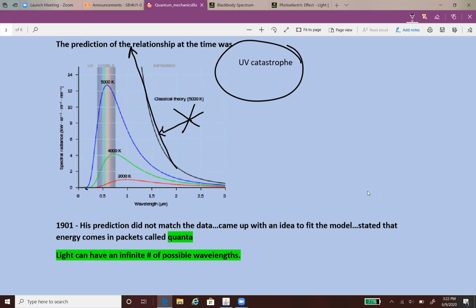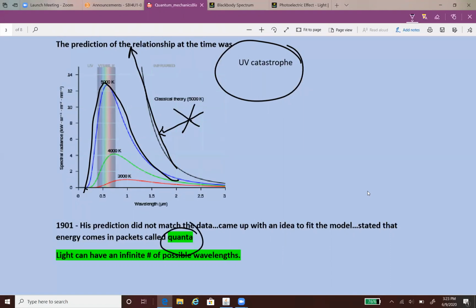So Planck had to come up with an explanation for what he saw. Why did the radiation just drop off like that in the UV range? And he came up with a really, really wild idea. His wild idea was this. He said, maybe we just cannot make any amounts of energy. Maybe there's only certain amounts or packets of energy that we could produce. And he called these packets of energy